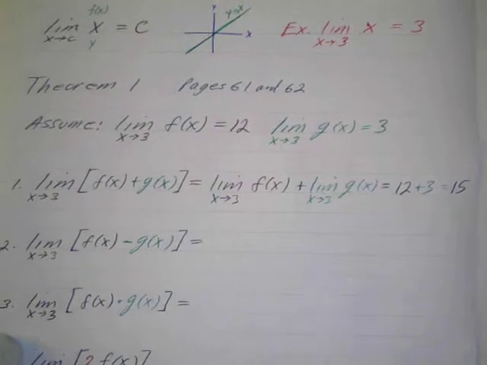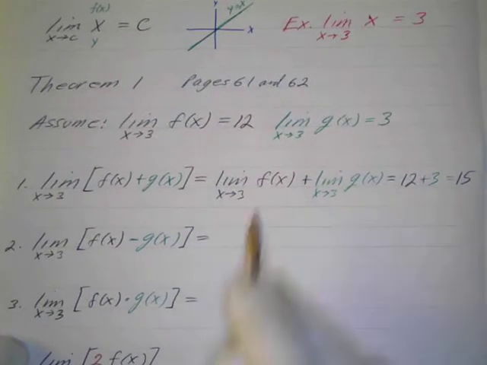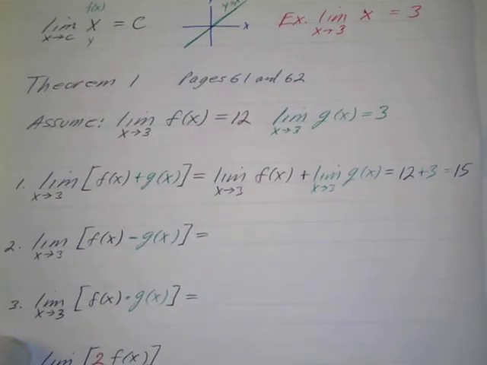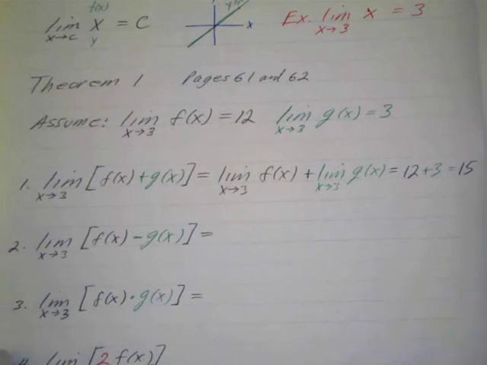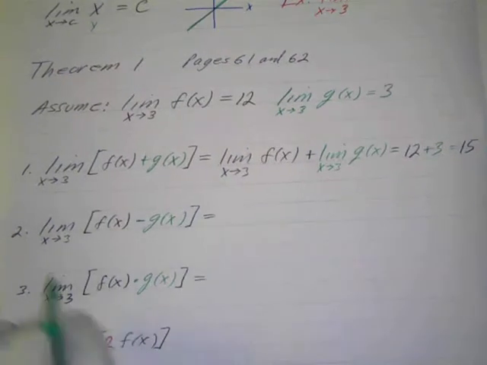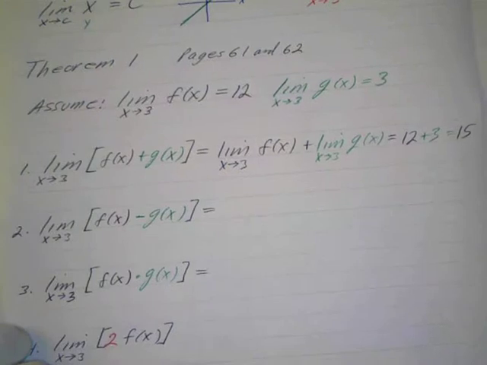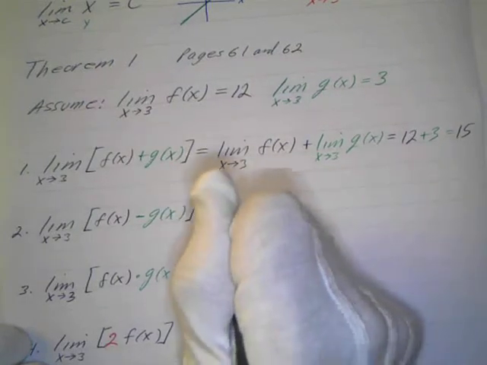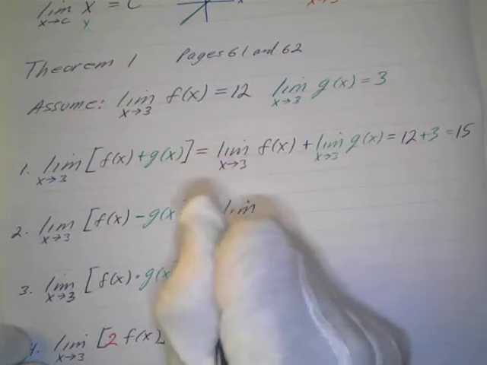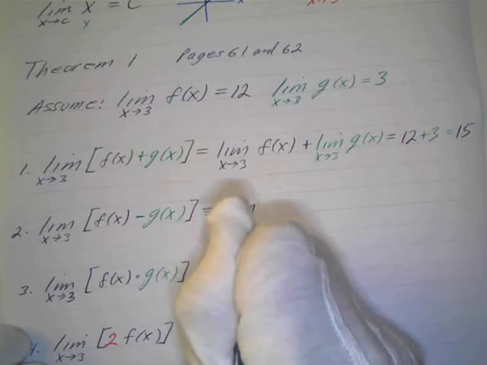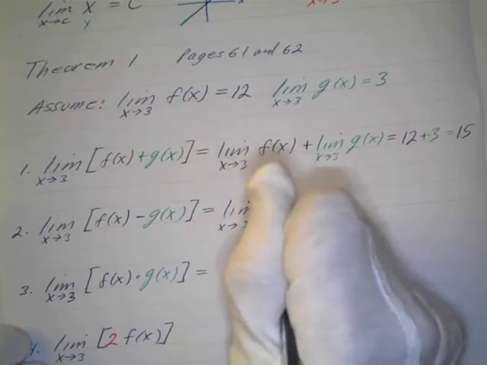Okay, if that indeed was the case. Well, they just use letters here, and they can't simplify that, but in this case we can. Okay, and then this is property number 2. The limit of a difference is the difference of the limits. I'll write that equals the limit as x approaches 3 of f of x